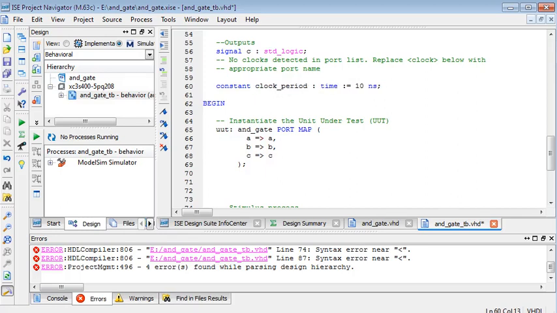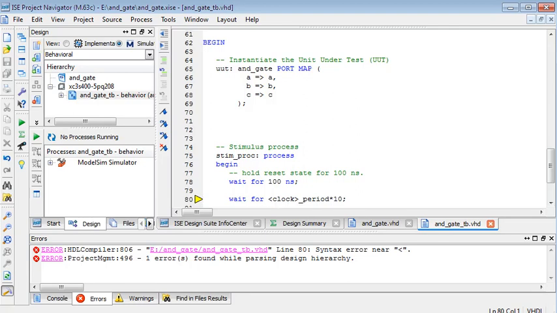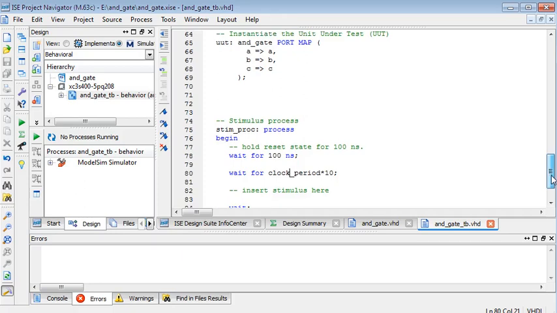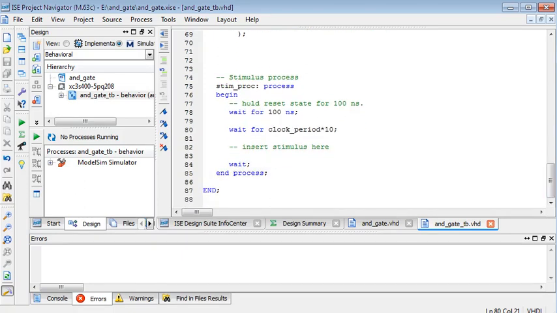Save your file. Here you can see there is one more error in line number 80. Yes, in this too you have to remove this triangular brackets. As soon as you do this and save your file, you can see there are no errors in the error panel. Now we will write our code in stimulus process after begin.